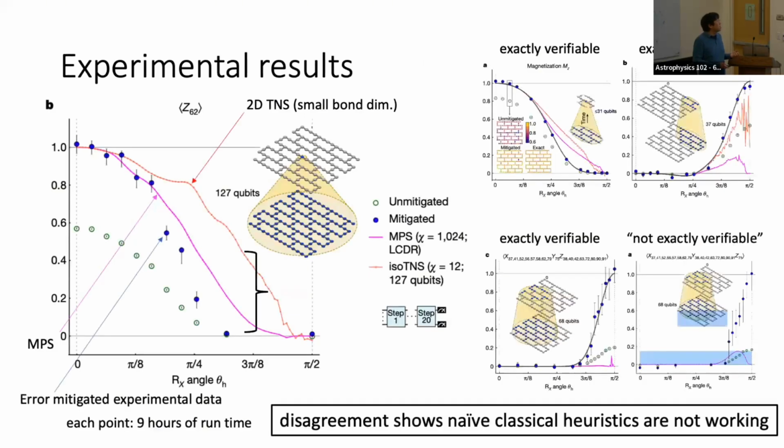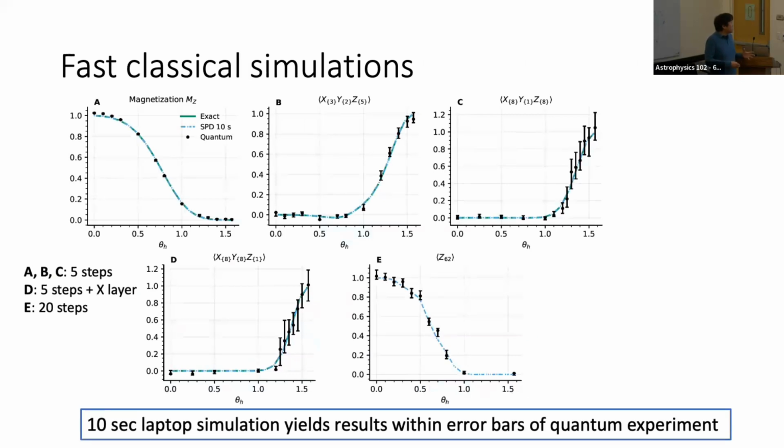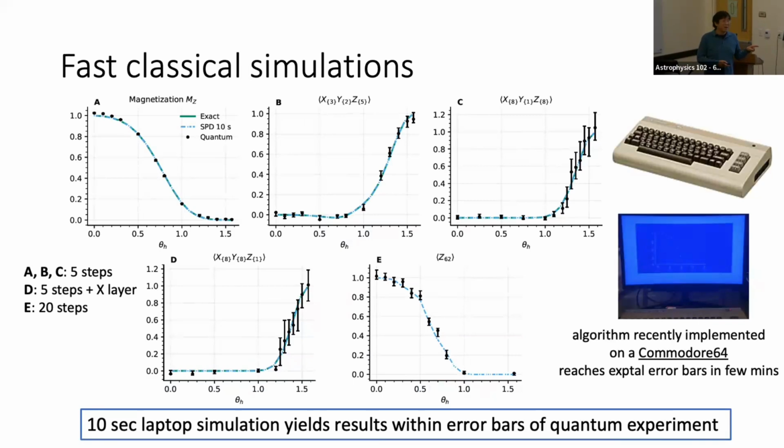So we feel that there's some very simple way of just tracing the operator, the Heisenberg evolution, and discarding small terms. And the end result was that you could simulate the same experiment on a Mac for 10 seconds. And what is even more impressive is some person took the same algorithm and put it on the Commodore 64. That's great. That's just funny,